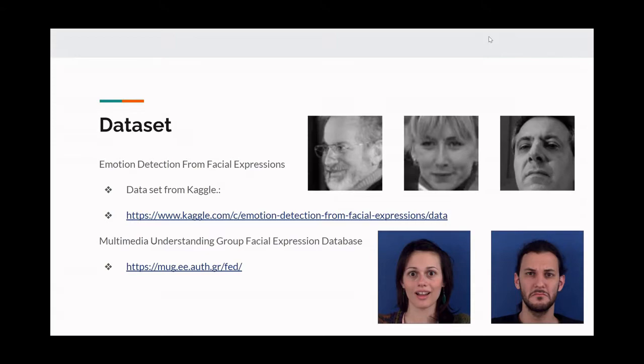The dataset we use for this project contains two parts. The first part is the Emotion Detection from Facial Expressions dataset from Kaggle. It contains 500 images of 5 facial expressions, all of size 350 by 350. The other dataset we use is the Multimedia Understanding Group Facial Expression Dataset. It contains 1,462 images of 6 facial expressions, all of size